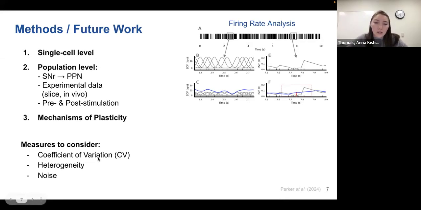And when trying to fit these models, one of the measures that comes up many times is the coefficient of variation. So that's the ratio of the standard deviation to the mean. That kind of gives us a feel for the spread of maybe the firing rate, since neurons don't fire very regularly. But we can see maybe how many neurons fire at which rates,